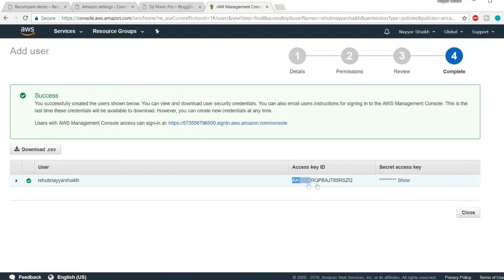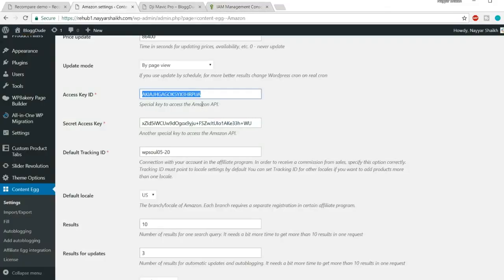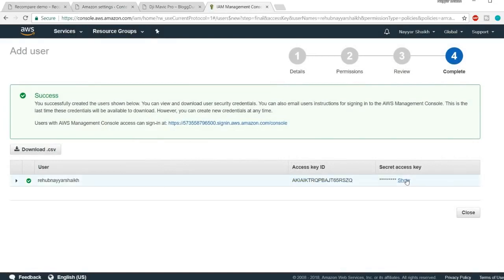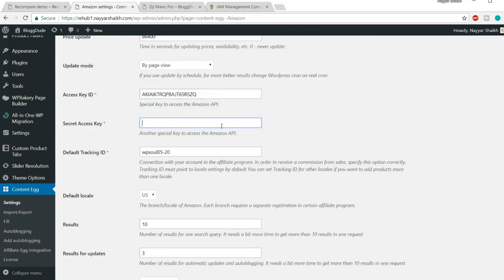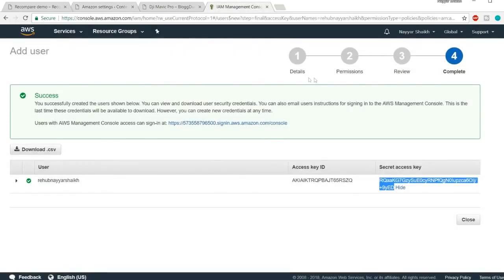Now we have our access key and the secret key. So just copy the access ID from here, come back over here, delete the old one and paste in the new one. Again for the secret access key, copy it, delete the old one and paste in the new one. Now we have the default tracking ID. Again come back to this website, and now just